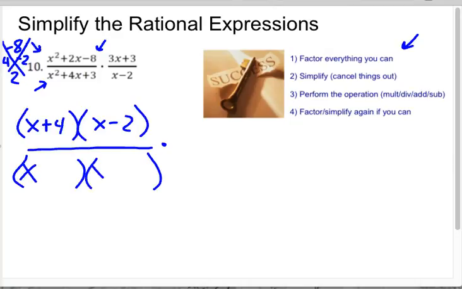x and x, factors of 3 that add up to 4. That's 1 and 3. 1 times 3 is 3, and 1 plus 3 is 4. So it's x plus 1 and x plus 3 times,